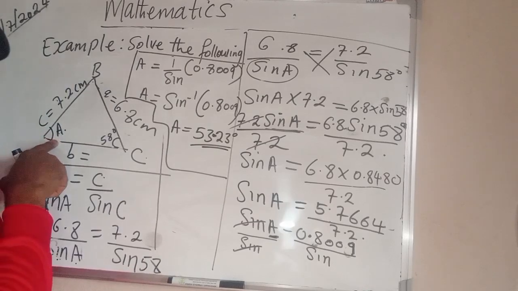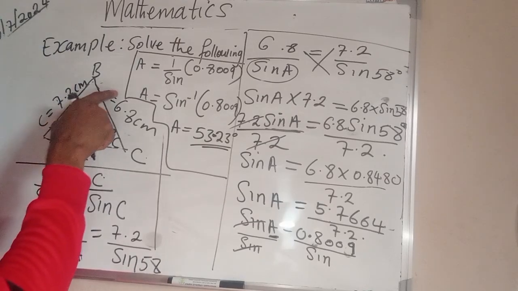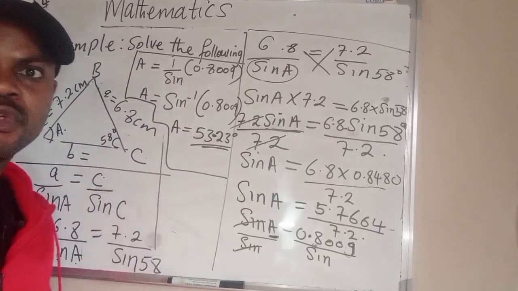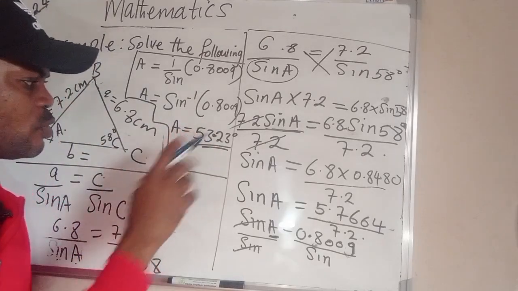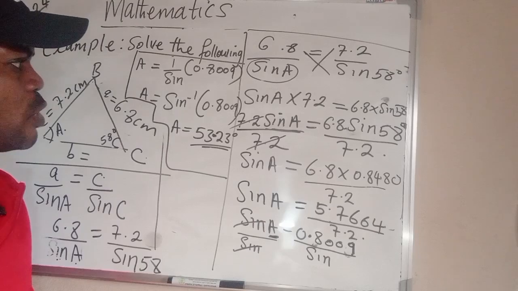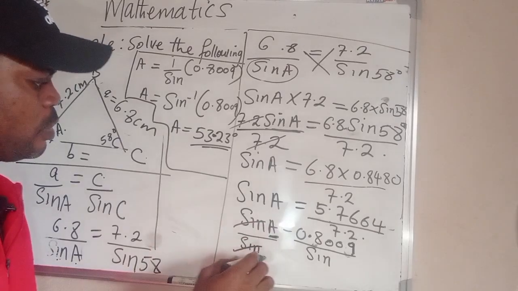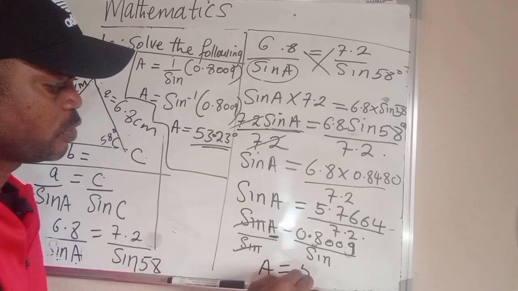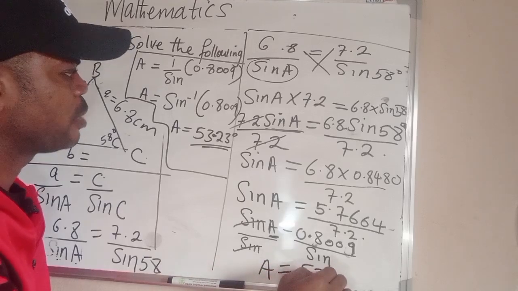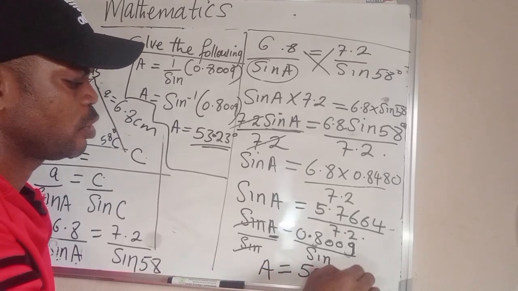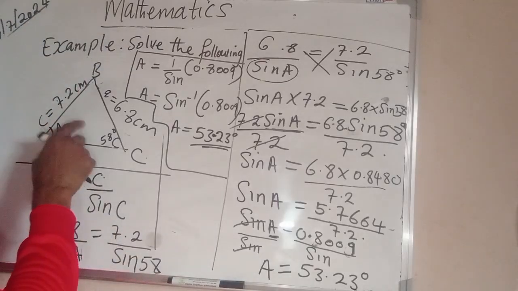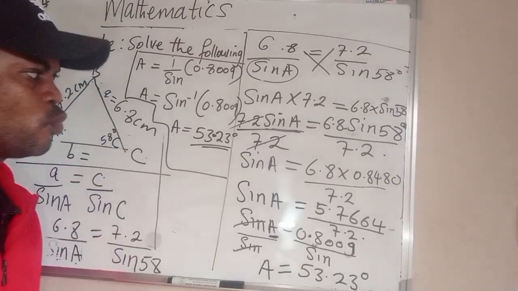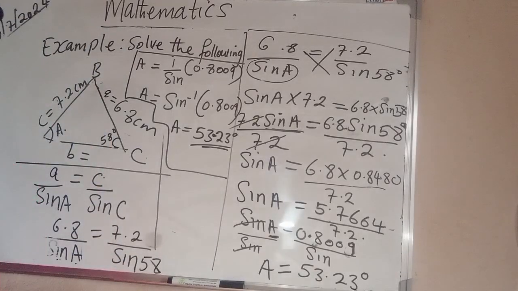It therefore means that angle A here is equal to 53.23. So are we done with our question? No, we are not done. It means that here A is equal to 53.23 degree. Now, having gotten A, we can now use A to, okay, quickly let me cancel